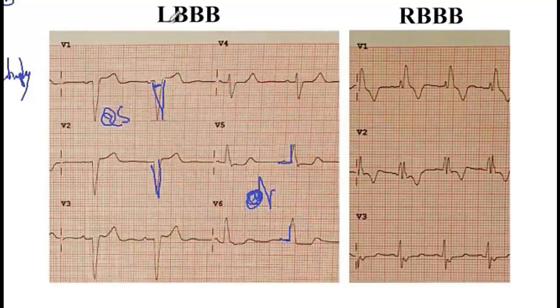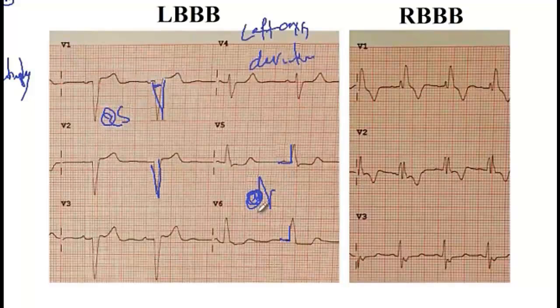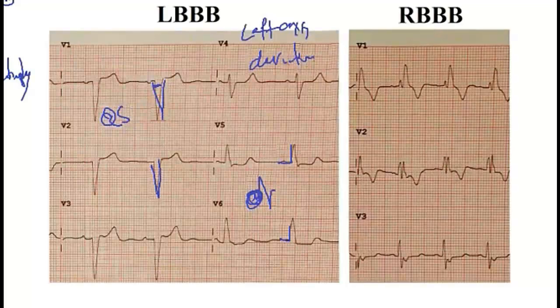And then one other finding you may see in these patients is that they may develop left axis deviation. So again, the findings: QS in V1 and V2, no Q wave in V5 and V6, and left axis deviation. In patients with right bundle branch block, on the other hand, you present with R, S, R prime in